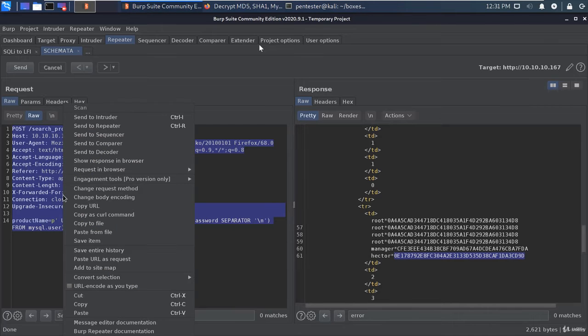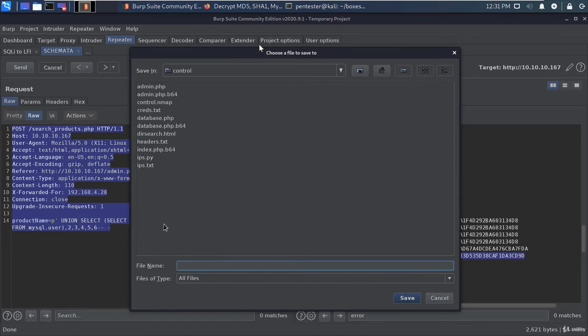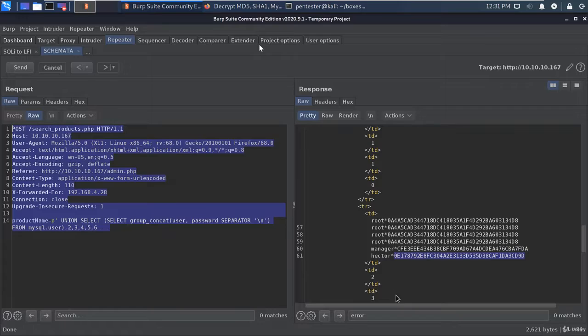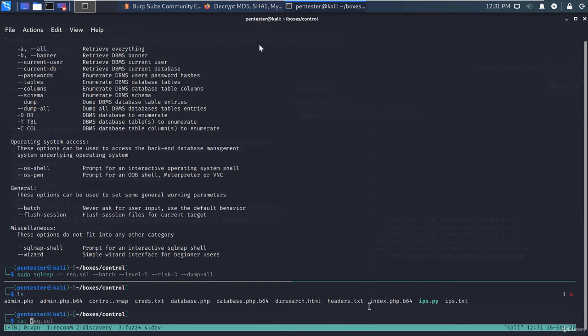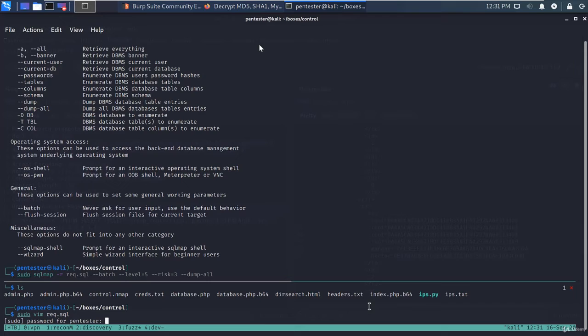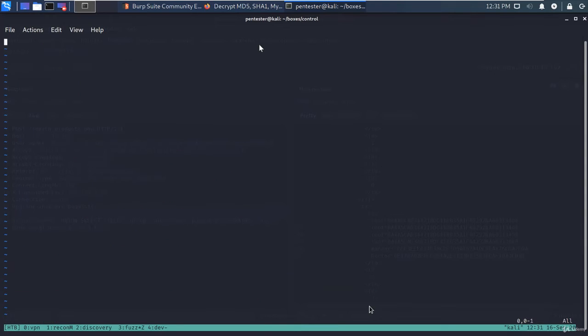Where did it save that file? Right click, copy to file, rec.sql, save. Yeah, it's not here. So that's okay. sudo vim rec.sql. We'll make it Control A, Z, I,